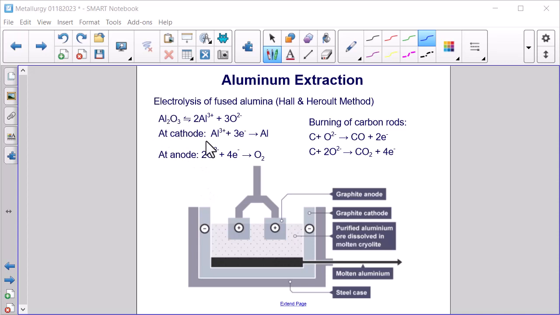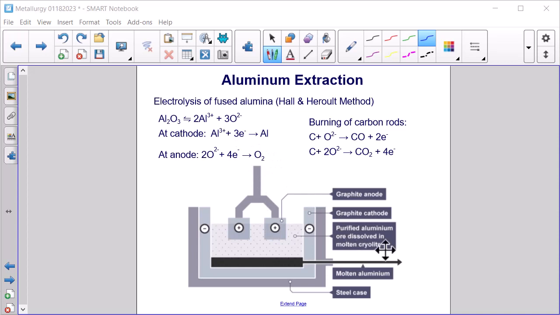At the cathode, what's happening is pure solid aluminum is building up, and at the anode we are getting oxygen, O2. So here are these carbon rods forming the anode that periodically have to be burned off to react with